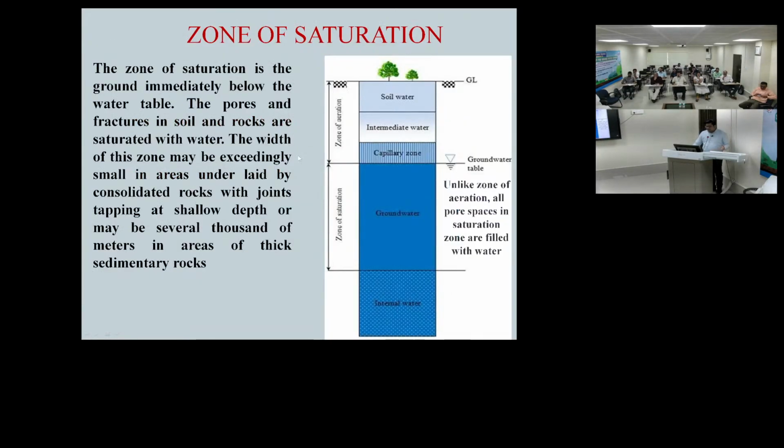Now comes the zone of saturation. When infiltration percolates, it completely fills the pore spaces with water. The zone of saturation is the ground immediately below the water table, where the pores and fractures in soils are saturated with water. The width of this zone may vary, because it depends on the area. So this zone of saturation in the Brahmaputra Valley or the Ganga alluvial plain, you can find up to